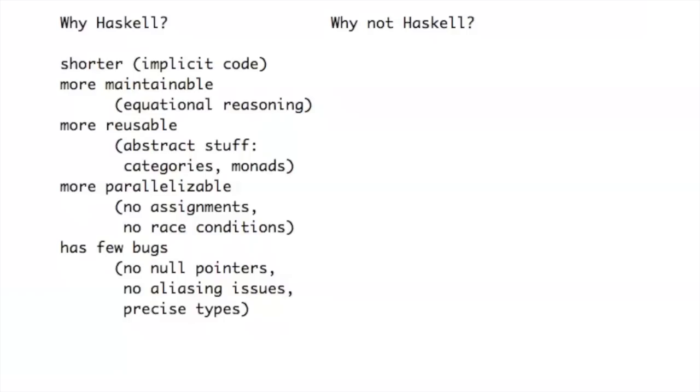And the fact that the compiler knows about our invariants and can catch those errors at compile time means that there are fewer errors at runtime. So fewer bugs. Aliasing issues is another kind of bugs that don't tend to occur in Haskell, and that's related to the fact that we don't have assignments. It's very similar to the case with the two threads,